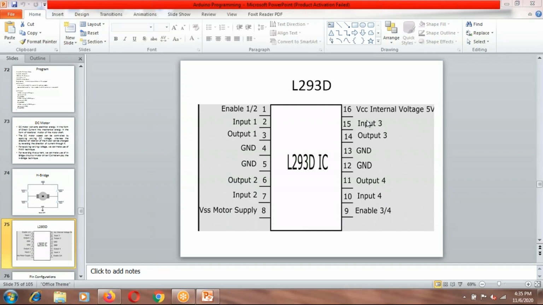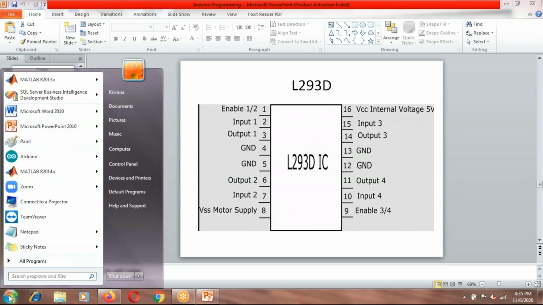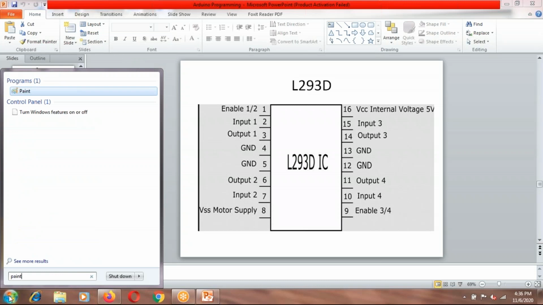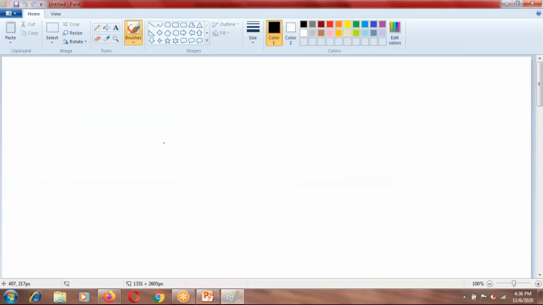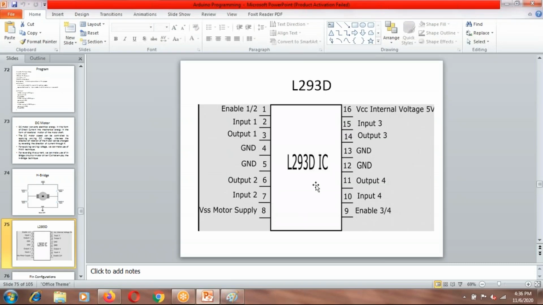Fine. So basically IC stands for integrated circuit, meaning certain circuits are integrated inside it using VLSI fabrication technique. It is available in an IC package like a DIP package, a dual inline package, a black colored package you must have seen. There are so many ICs, like the op-amp IC and others similar to that, so the packaging remains the same. L293D also comes in the same kind of packaging.